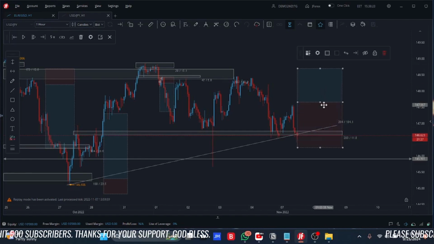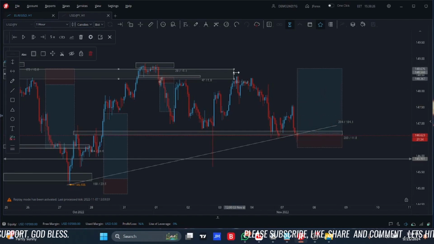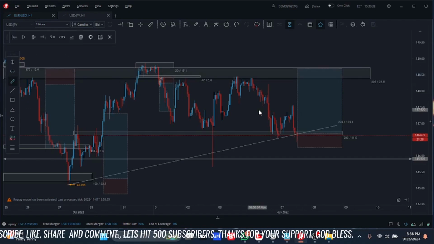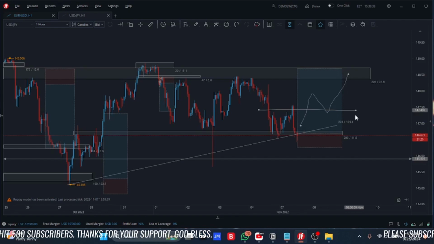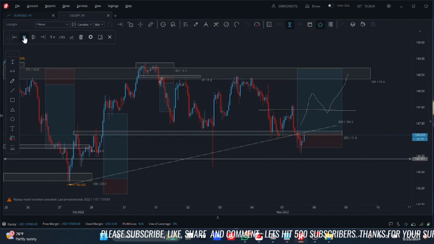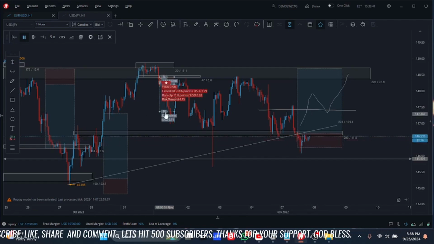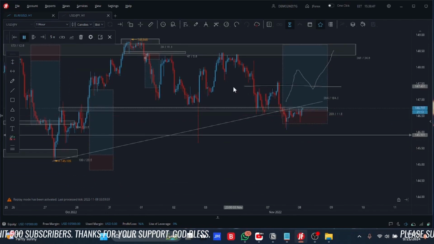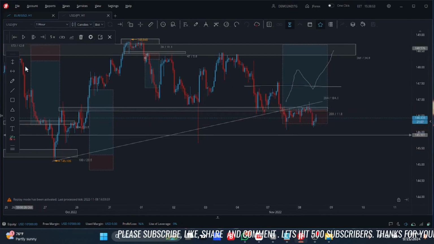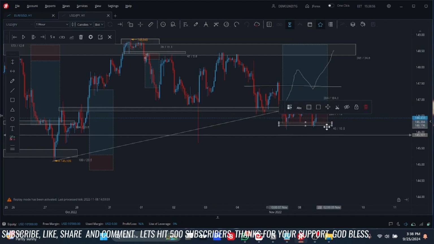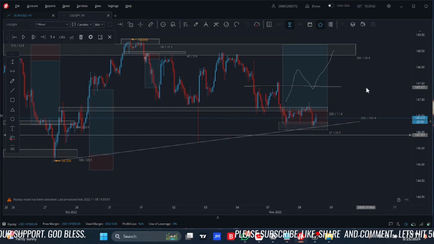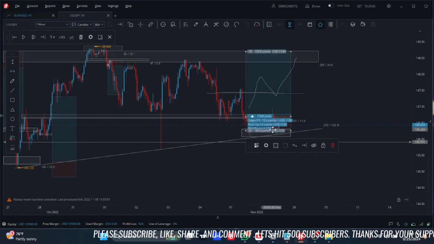Yes, that's a very nice trade, but a legit trade would be to wait for it to break that lower high, then retest, then go up. Yes, that zone, you should wait for it to break that zone. That is a safe and legit trade. You are protecting your risk. As you can see, it did hit our stop loss, formed the double bottom. Price might go up, yes, but you might be out of this trade because you were not patient enough for it